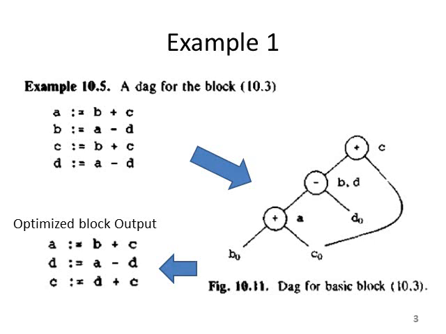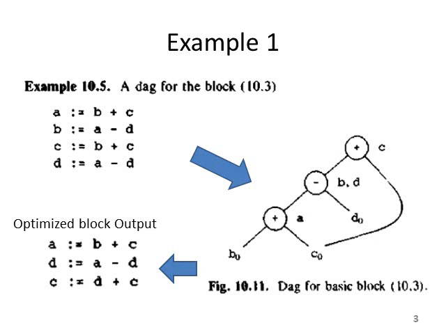In that optimized block, you identify that a equals b plus c, the same statement, then b equals a minus d, and c equals d plus c. That is the overall optimization. So what are those common expressions? The first one is b plus c, in the first and third statements, and in the same way the second and fourth statements, a minus d, are also common sub-expressions in the right part. So both are optimized. This is analysis from the fact that the DAG reflects.